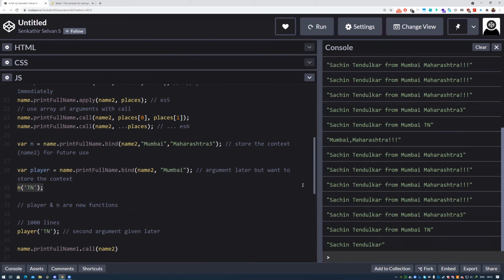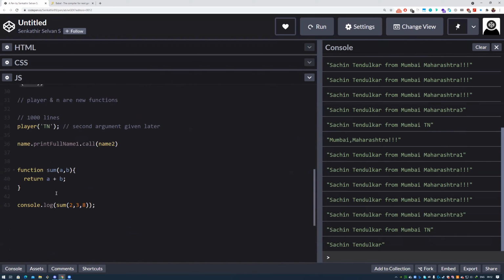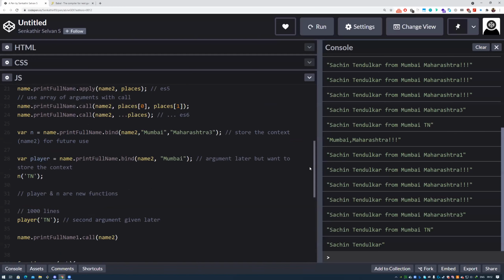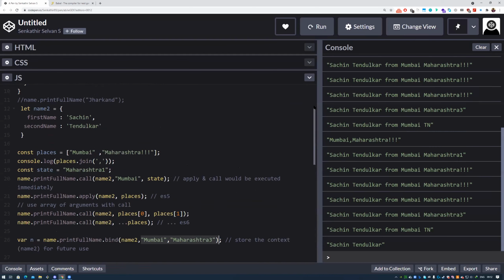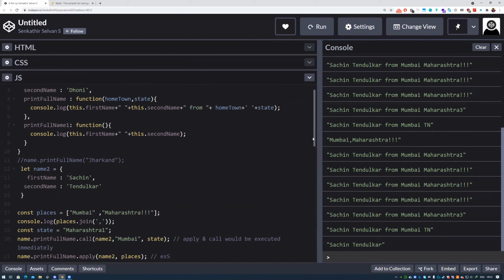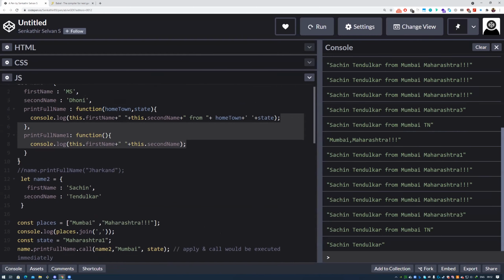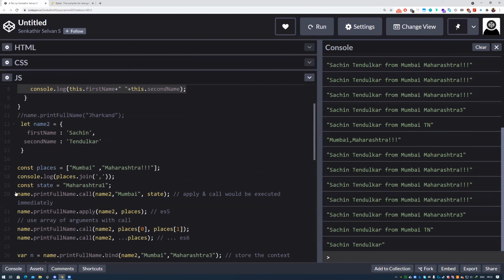Yes, because it will ignore the TN. Whatever is the same output you will get, same case as this one. If you give more arguments to a function than it can take, it will ignore that third value, or however many. You can give so many arguments after this, it doesn't matter how much you give. It will ignore all these things because it has already filled the first 2 arguments. So it's like this one, these 2 things. Just comment all the other things maybe.